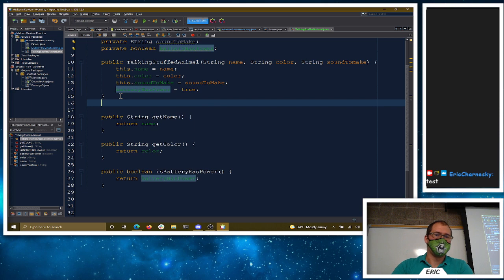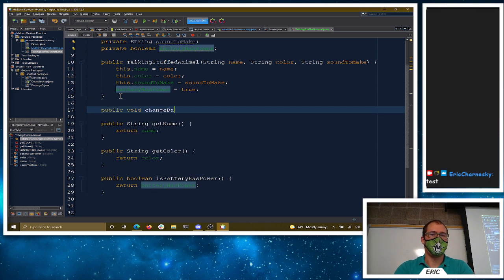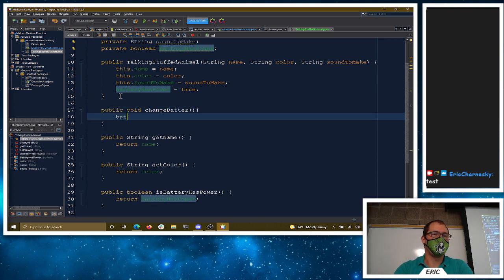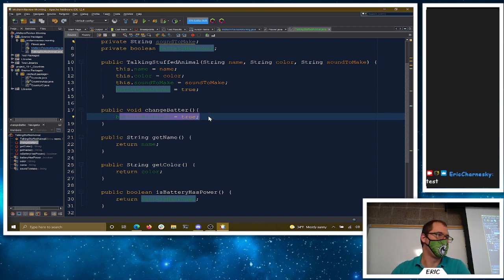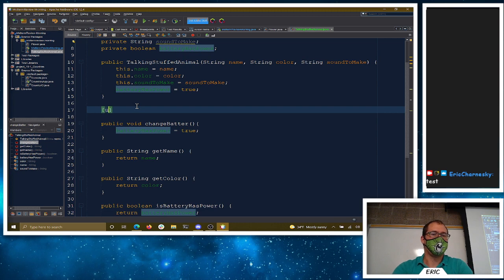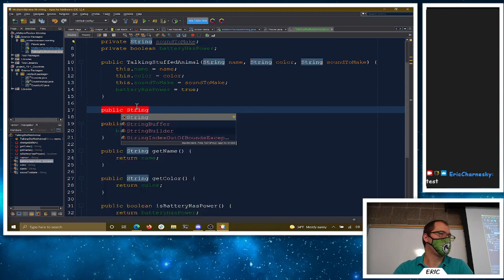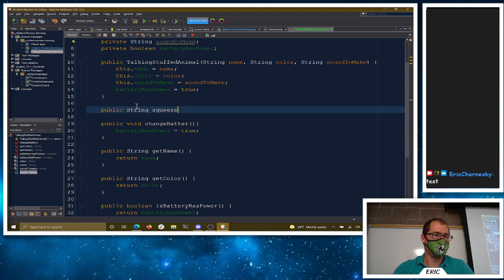Right, and then we're going to have change battery. So public void change battery. Change battery would take our battery has power and set it to true. That's all it has to do. Like, you can change a good working battery if you want. We are more than happy to, yes, the battery still works, even if it was already true. We're not like flipping from true to false or flipping from false to true. We're just, no matter what, we're just putting it to true. You put a brand new battery in here, it just goes. Right, and the last one then was squeeze. And squeeze returned a string here. Right, it's either, sorry,